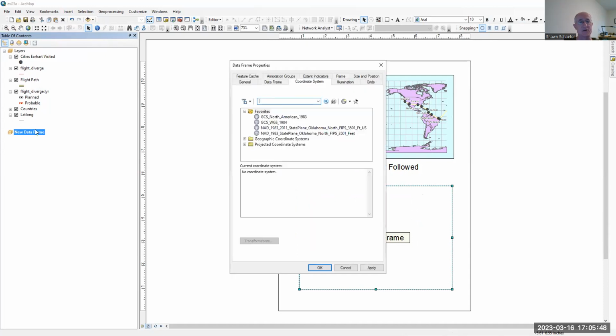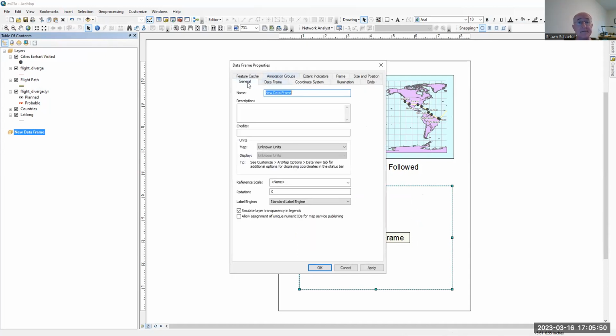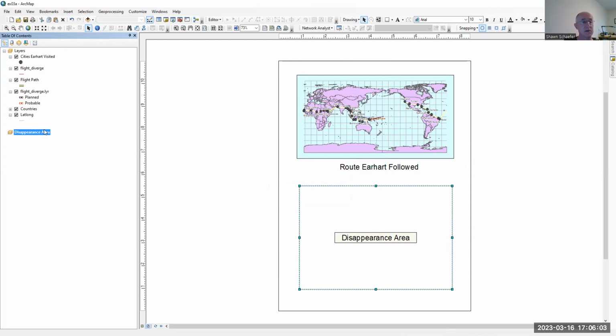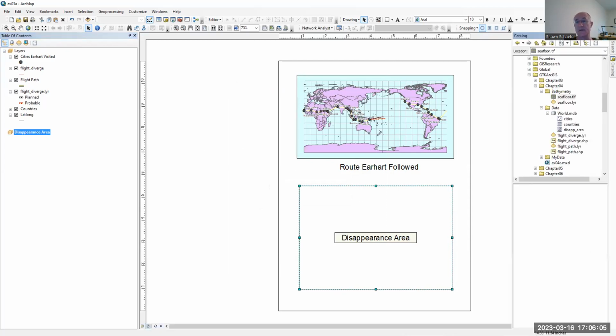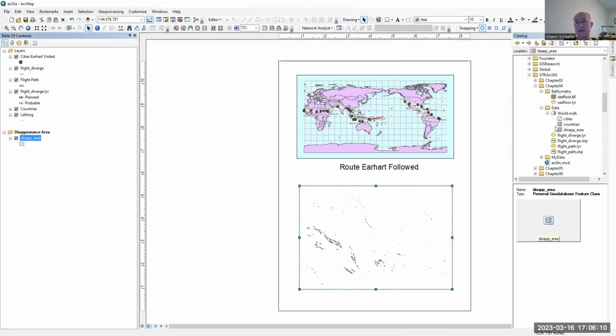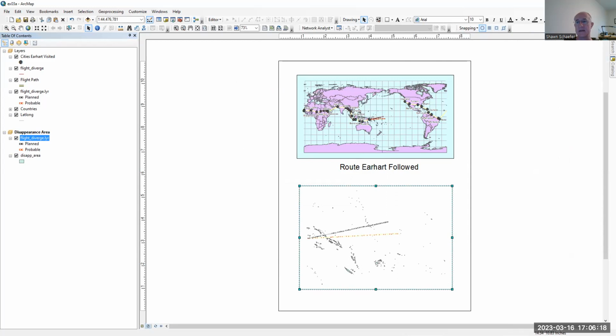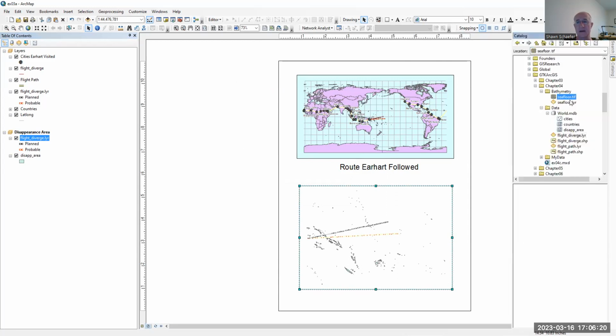And I can actually change the name of that, right? I'm going to change it to disappearance area, because this is going to be a blow-up map of where Earhart actually disappeared. Now, there's no layers in it yet, but if I open up catalog here, I'm going to put in here this disappearance area, and then I'm going to put the diverging flight paths, I think, in there. Okay, yeah, and then I think I would like to also have the seafloor layer,